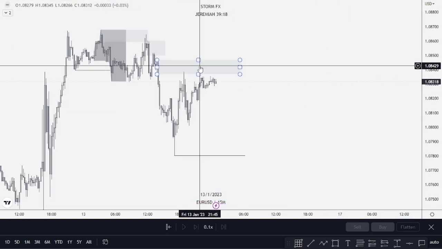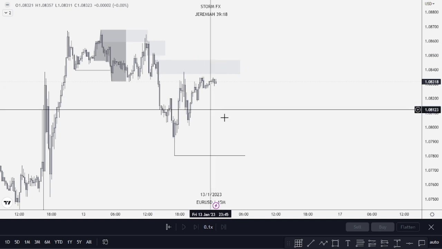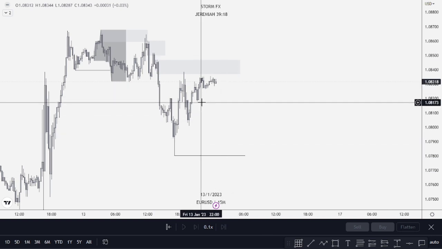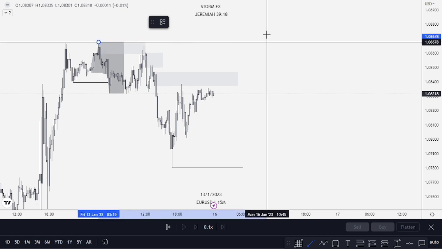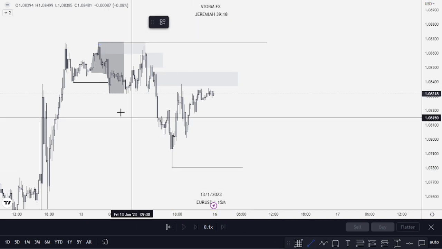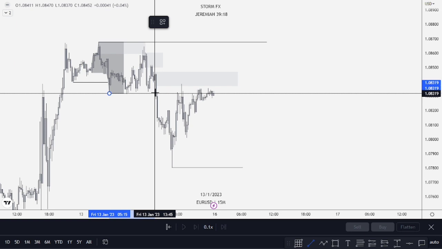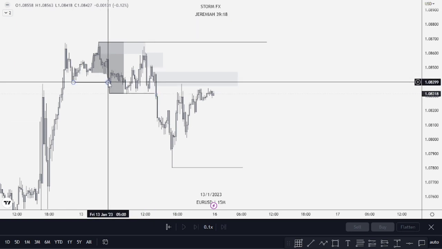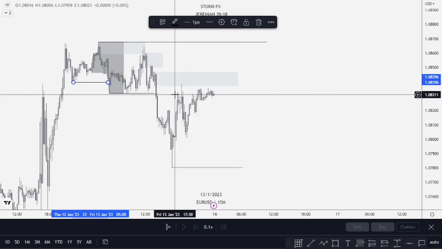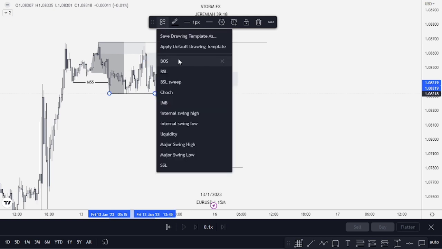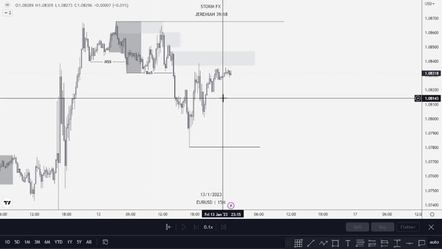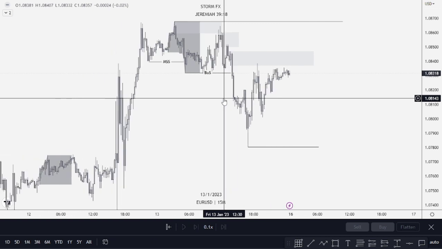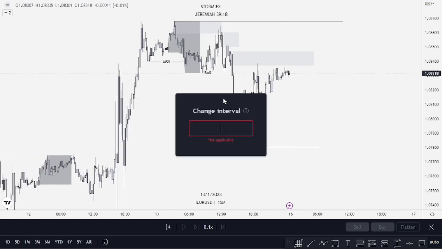kwa fundamentals. So this is something that I'll be watching if it takes out this low. So my trading range ni that high and the low. So apparently the lows have been taken out and the highs are still intact, so that means the highs are strong. So there's that. So market structure shift, and then there's a BOS, and then there's this low over here. So basically that's what I'll be watching on the EU,